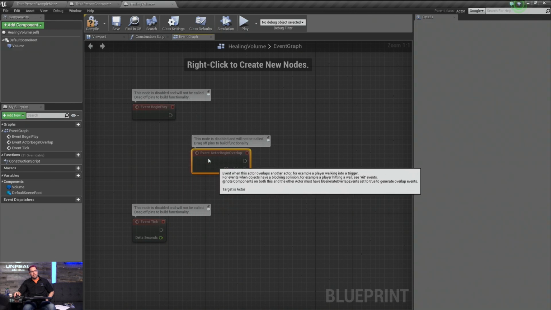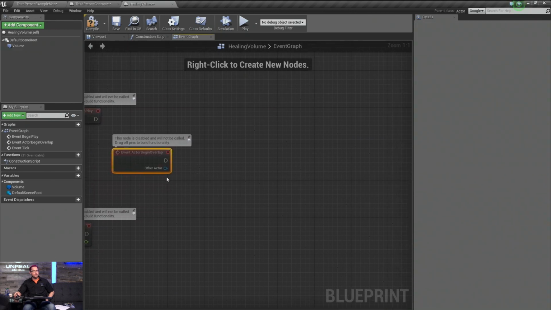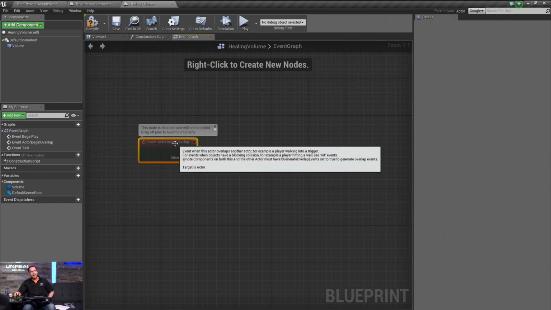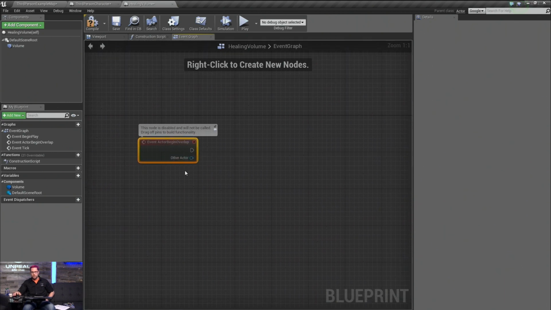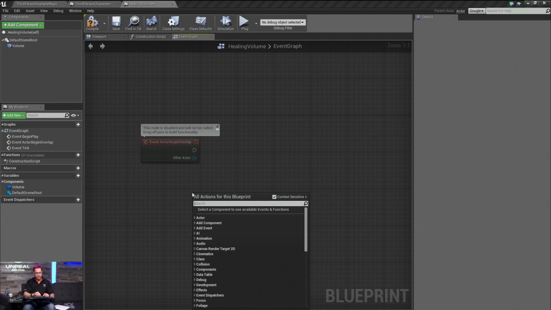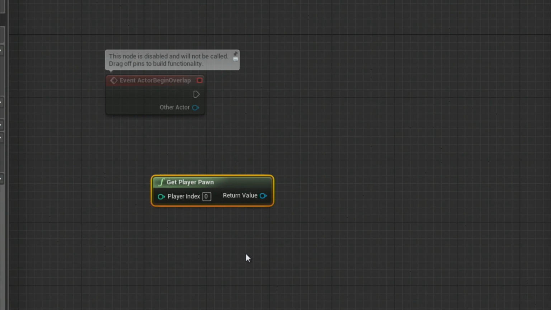Now we are going to cheat and make use of some of these events that are just sitting here waiting for you to do something to them. We have event actor begin overlap. So some other actor is overlapping with our blueprint and we have a reference to that. And there is the very heart of all blueprint communication. We have that reference. Now there's other ways we could do this that we're not going to do because it's not efficient, but we could do something like get player pawn. Boom, and there, as long as it was player 0, which is what it would be for a single player game, we would have access to some pawn class, but it's not necessarily the same class as our third person